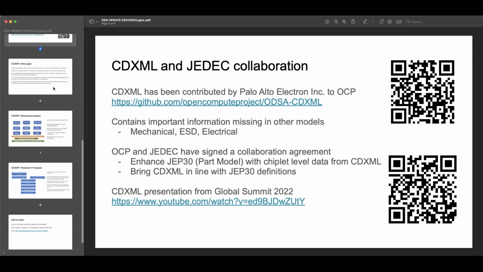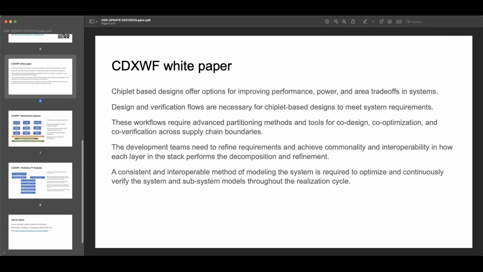Now, I think the interesting part, Bapi, I'm finally getting to what you're interested in, and that's the workflow white paper. This is something that we are working on, and I have a couple of slides, just snippets of what's in the white paper and what we are trying to cover. This is part of the introduction that was contributed by Tony Mastriani at Siemens and by Jawad. And really, what we're looking for is flows for integrating chiplets together.